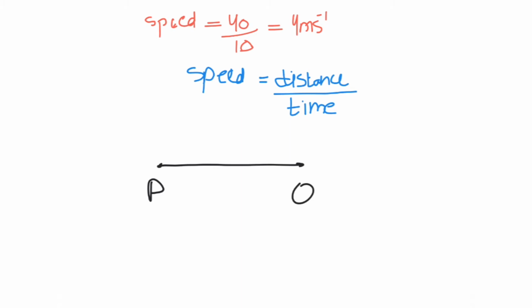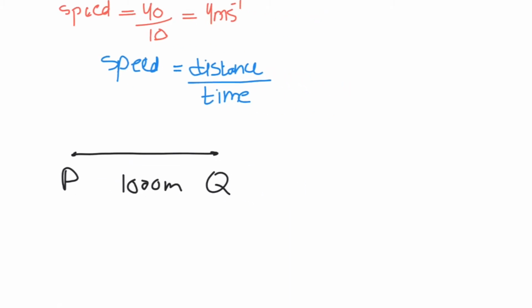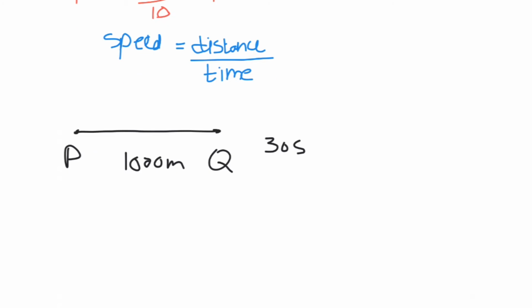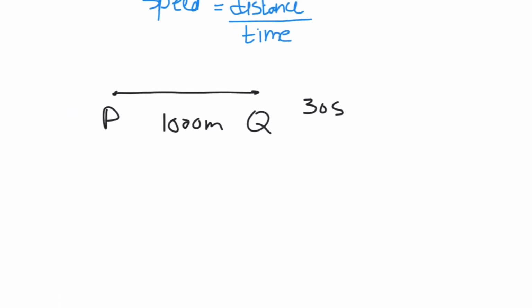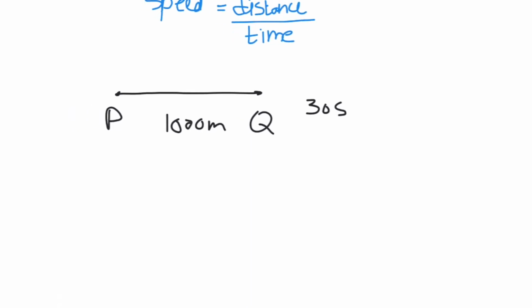So if a train moves from point P to Q and the distance is, let's say, 1000 meters, and it completes it in around, let's say, 30 seconds, then the speed would be... and there were times when the speed was increasing, the speed was constant, and the speed was decreasing. So its speed at different instants was different. So we now can calculate from this time and distance the average speed, and hence the average speed would be